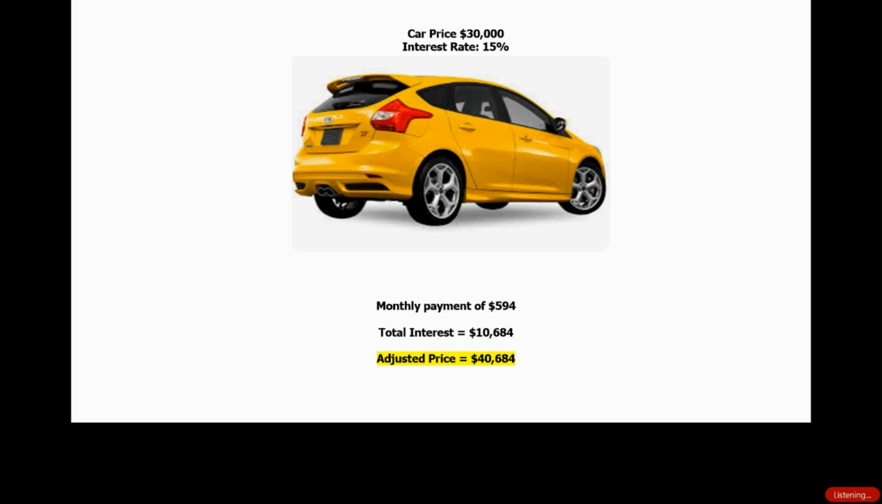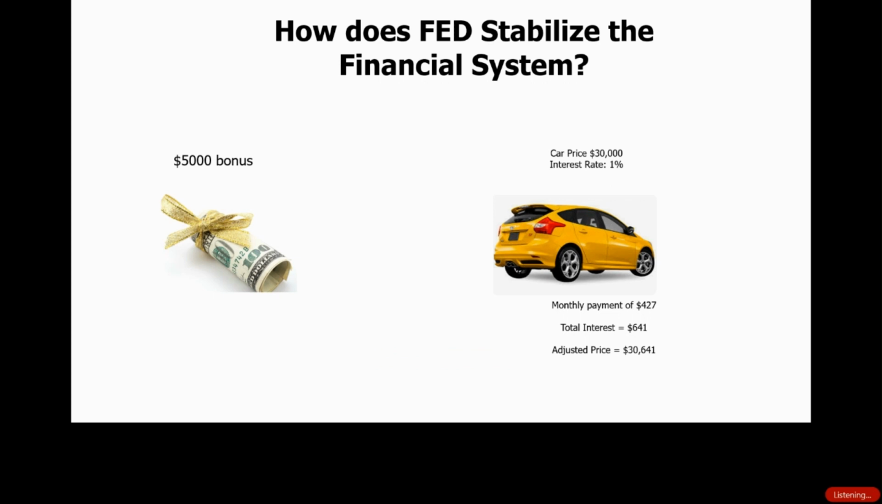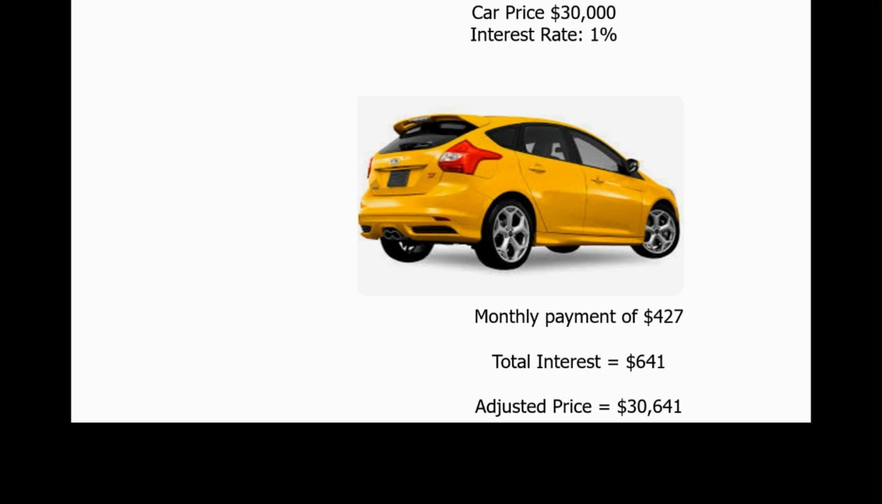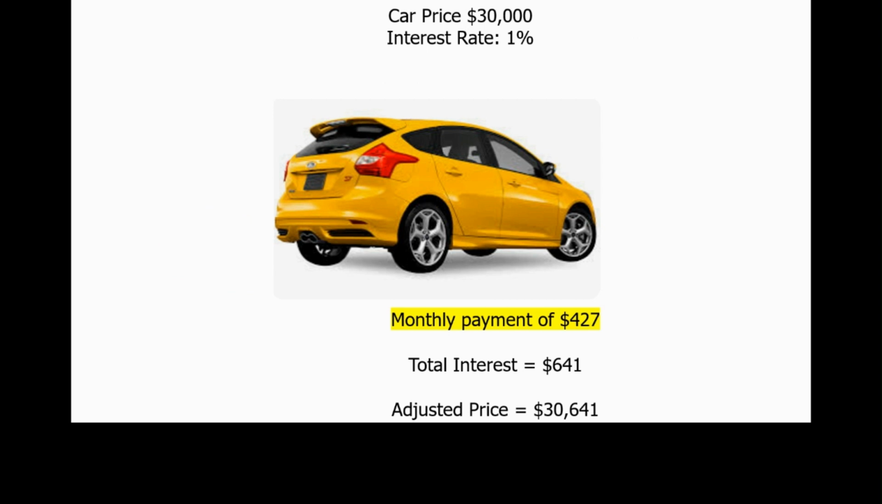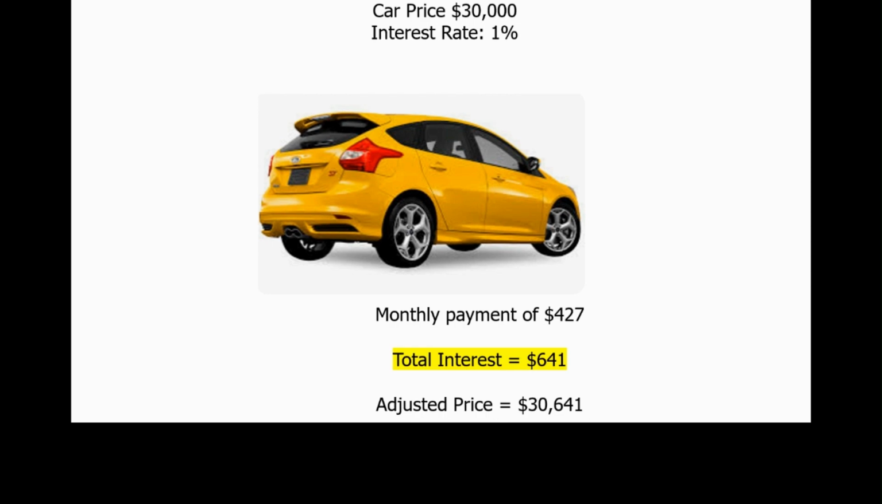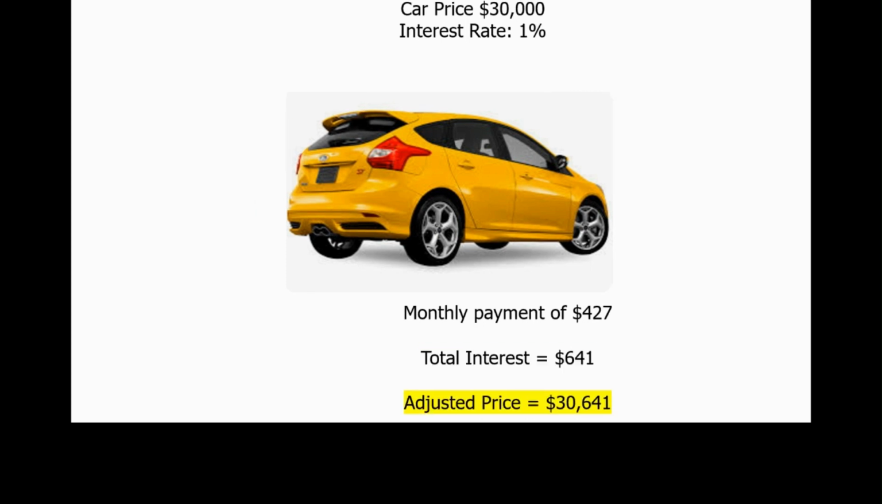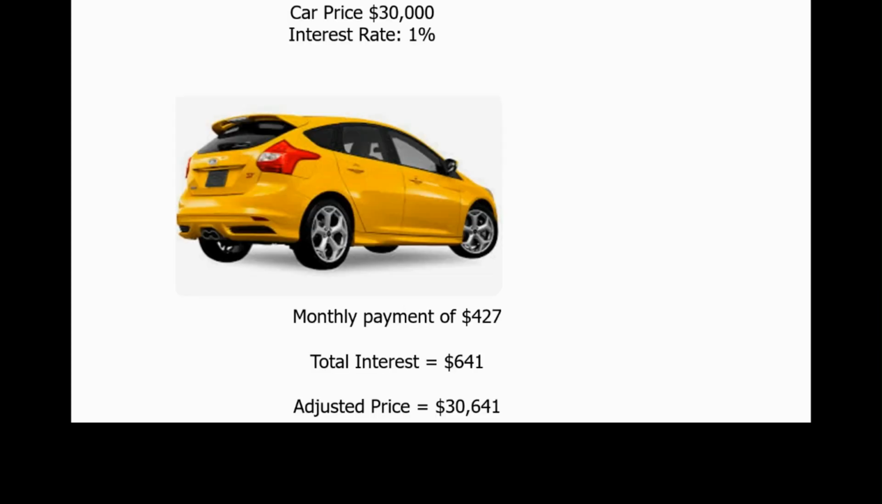So let's look at this from a different angle. Let's say we still go back to the dealership and the price for the car is $30,000. But this time, the interest rate that you can get on the car is 1%. With the interest rate only being 1%, your monthly payment now is $427, and the total interest that you would be paying over the 5-year period is only $641. So now the adjusted price on this car is only $30,641, which is under the $35,000 that you felt the car was worth and that you are willing to spend. Therefore,